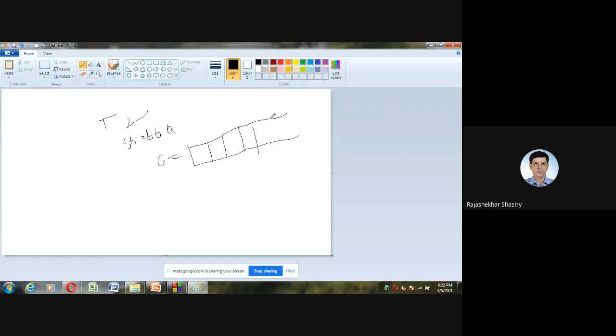I'm using Paint here, so here I'm continuing. Of course, the array is extending. This is my 0th location, A for me, and this is location 1, B for me, and location 2 is C for me. Likewise, 3 is D. I'll continue like this. So I'll read the string from the starting. What is the first character of my string? I have to read the string completely till the end.